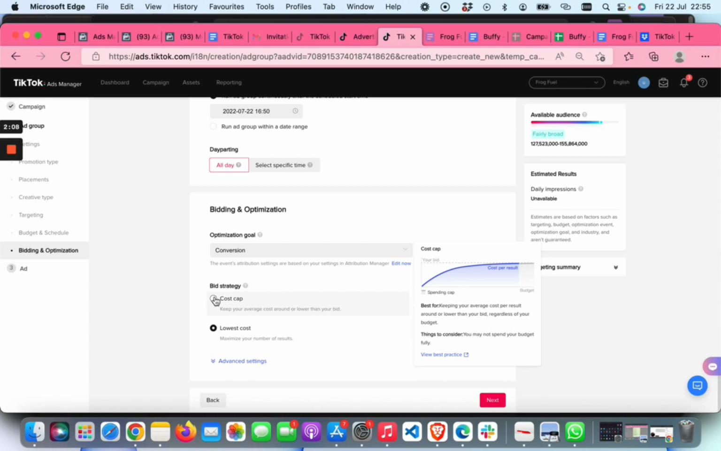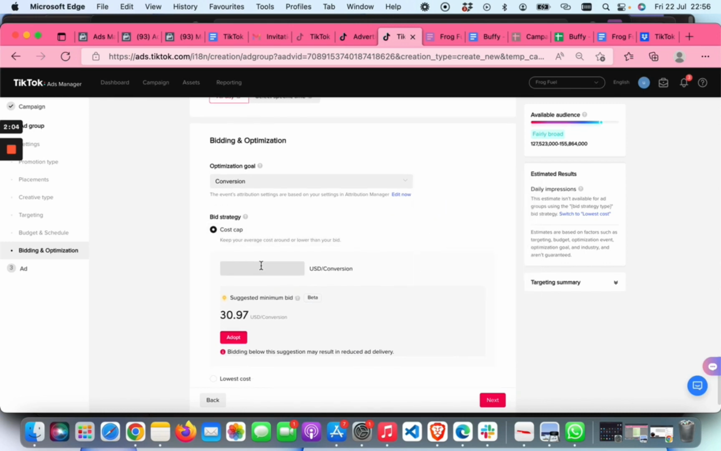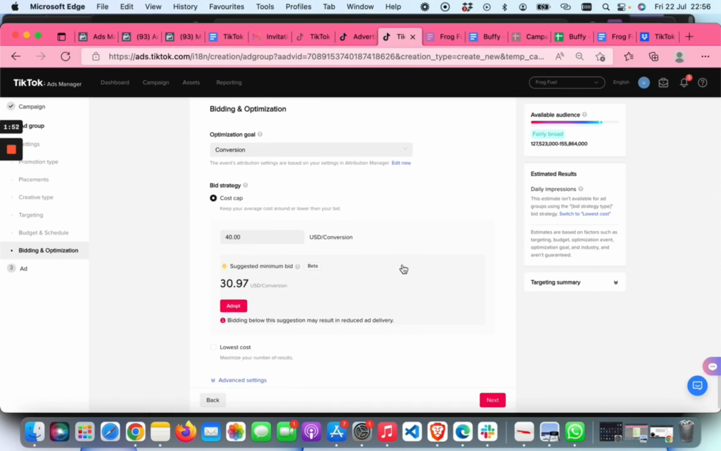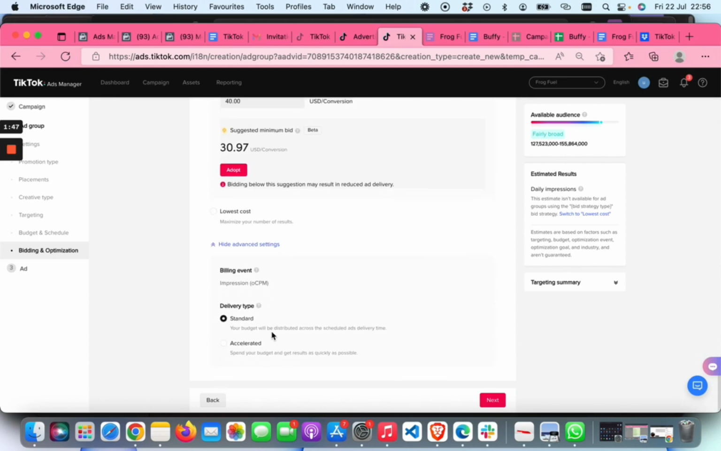For example, if you are using the lowest cost option, then your budget can be around $50 to $100. Okay, now the cost cap is $40. The billing events will be charged per CPM, delivery type standard. Okay, so I think we are done with the ad group settings. Then we'll move to the next stage,